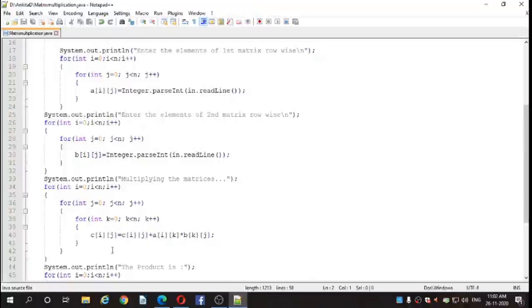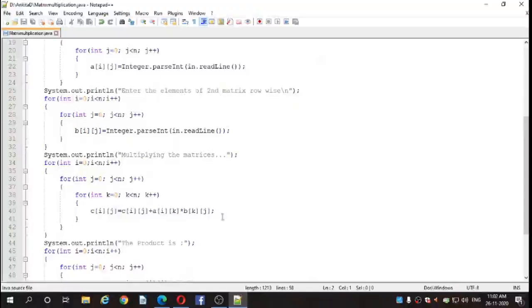Inside the j loop we have the k for loop, that is for int k equal to 0, k is less than n, k plus plus. And inside these for loops we are multiplying both the matrices. This is the product of matrices. Whatever result we get will be stored into the final matrix, that is the C matrix.